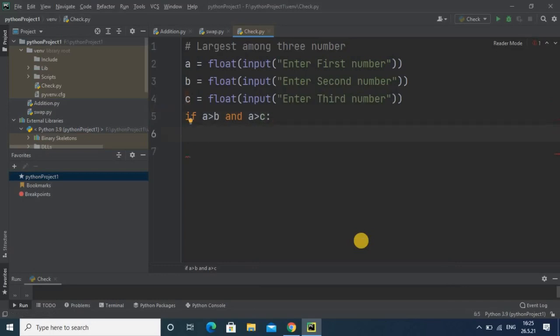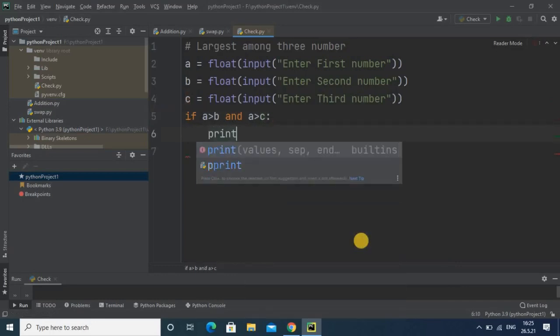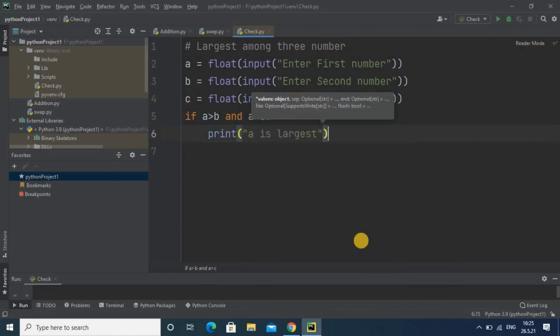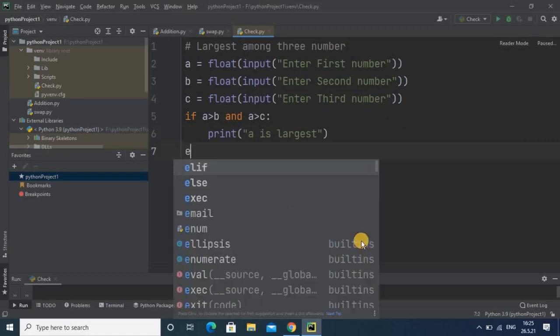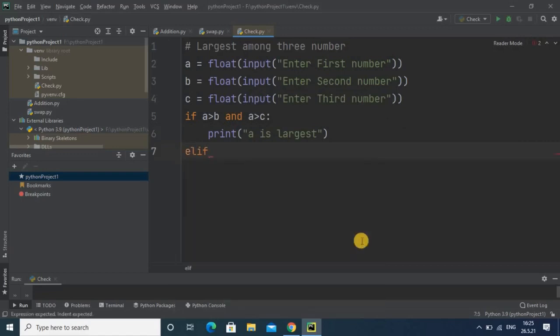If it happens, we will print the message here. So this is our message, and then we use the next case by using elif. If A is not largest, got it?